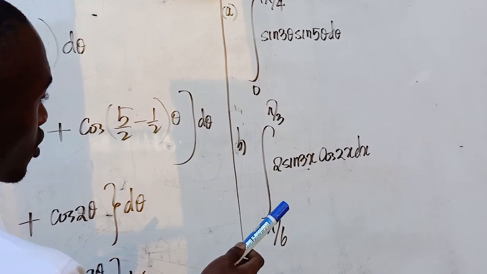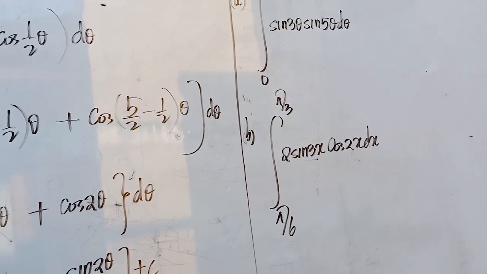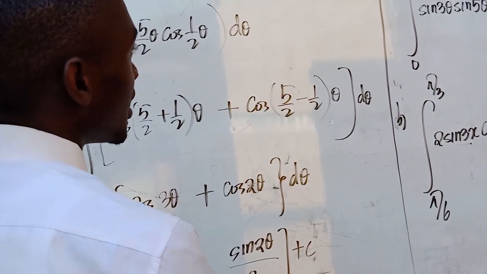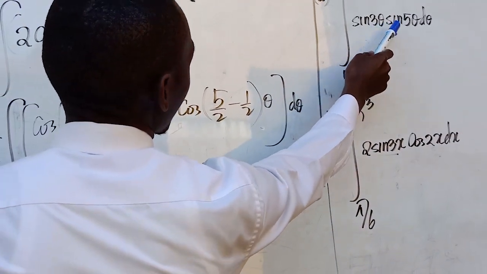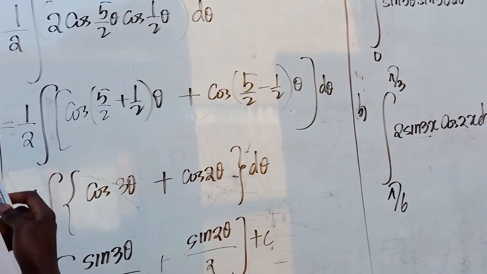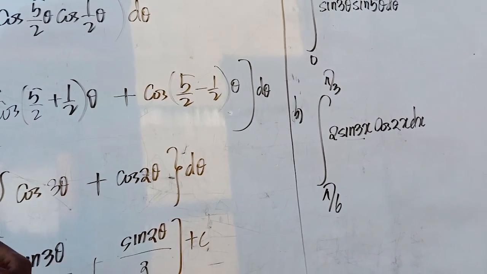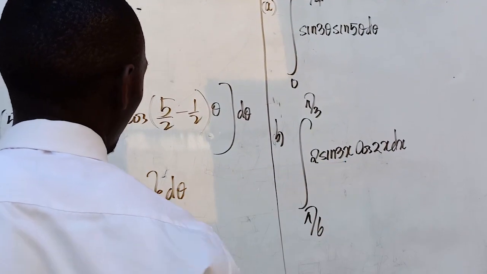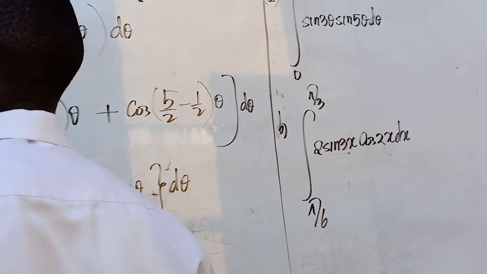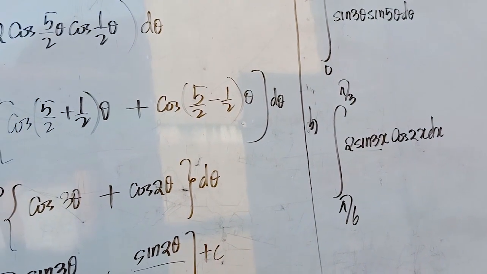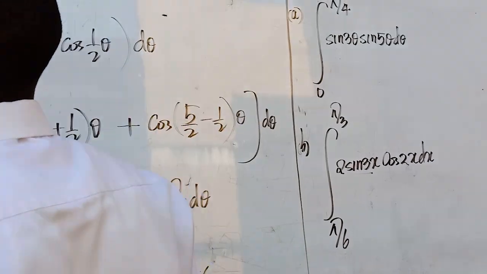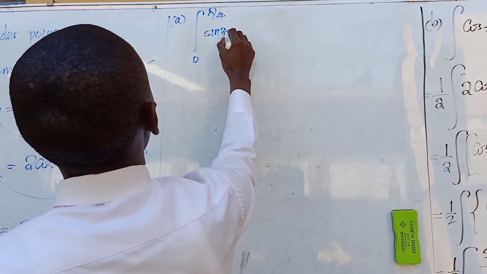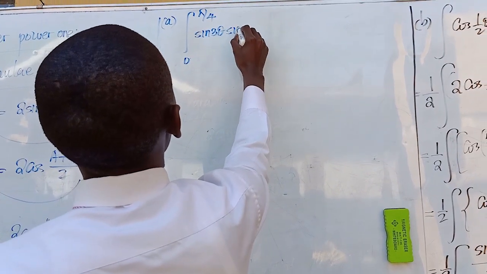the answer as a constant, or your final answer must be regarded as the area under the curve that demonstrates that part. Now, in part A, we have a sine, which communicates that originally one subtracted the cosines. And when we have a sine cos, with the sine having the bigger angle, it demonstrates that one subtracted sines. Now, in part A, I want to deal with the integral from 0 to pi by 4 of sine 3 theta, sine 5